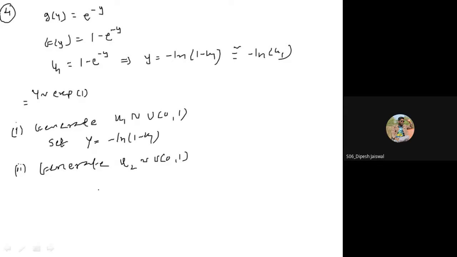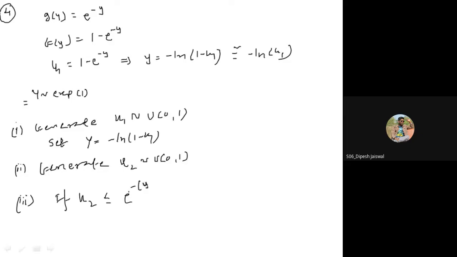And then what we do, step 3, if u2 is less than or equal to, what is the form? Anyone remember? E raised to minus x minus 1 whole square divided by 2.